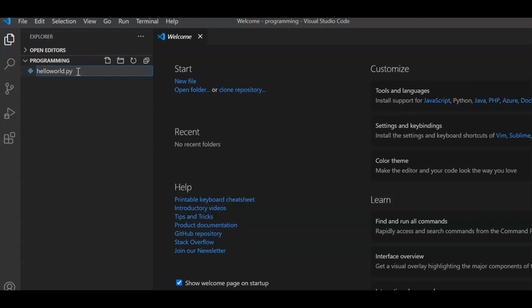Any Python programs we can write in Python files, right? And the extension for Python files is .py. So I have created a file helloworld.py. This .py Python extension is very important.